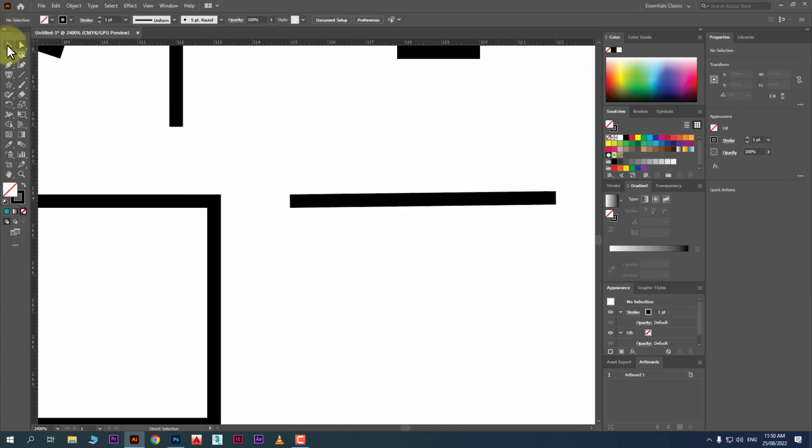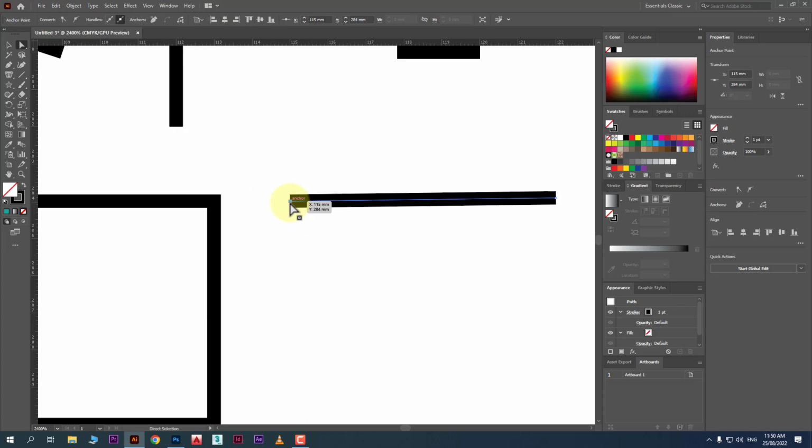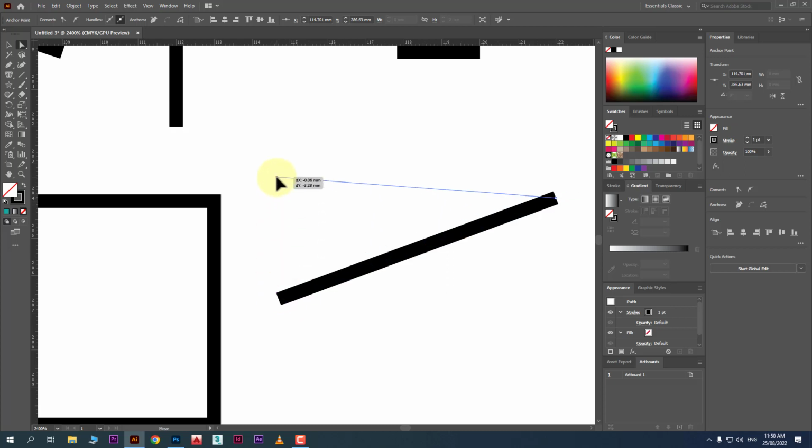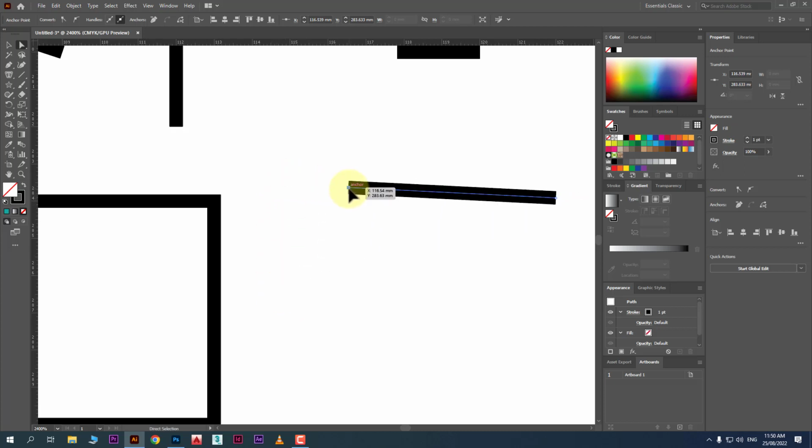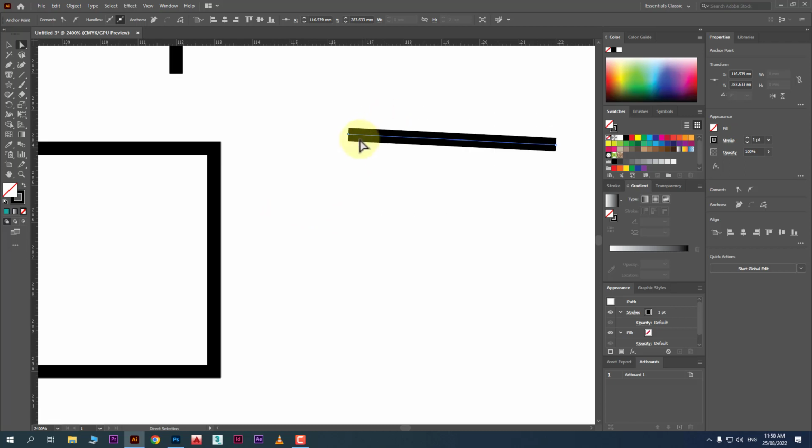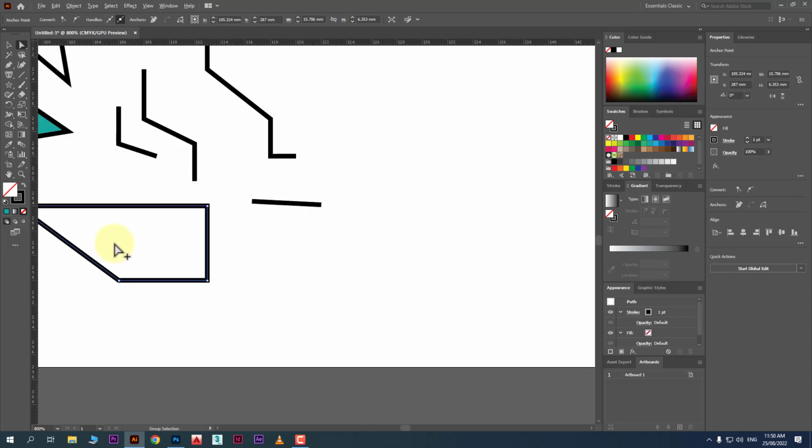I will just switch off the grid snapping from here. Yeah, it's okay now. So if you take the direct selection tool and just click here, now you will see its anchor. You can see it's highlighted, it's the anchor. Anchor is a holding point, alright, or we can say it is your start and end point also. So here it's holding the line and this anchor is holding here. So you can move this anchor like this with this direct selection tool. Same, this is an anchor. Anchor is a holding point,